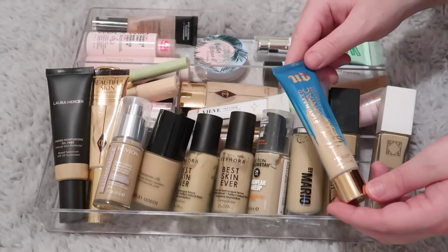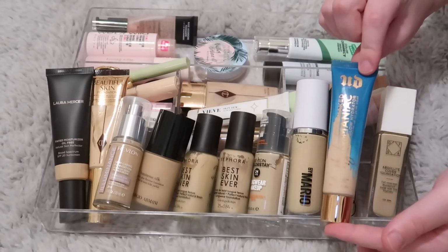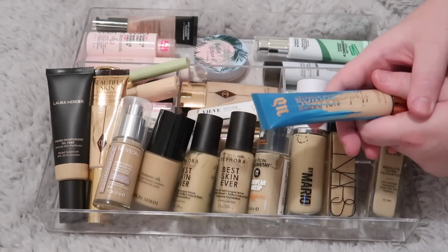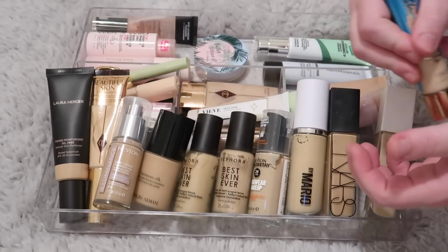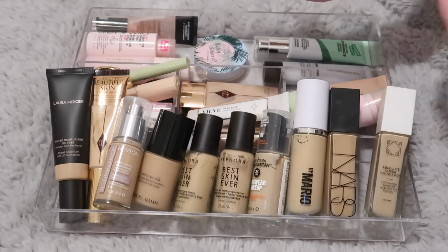This is the Hydromaniac Tinted Glow Hydrator. I have this in the shade Light 30. I love this product. This has been my go-to for the last several months. It's super easy. I just apply it with my flat top makeup brush that I have in my Bling Brushes